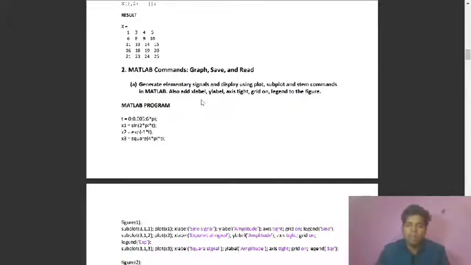We know there are many types of elementary signals like sine, cos, unit step, impulse, exponential, decaying exponential, and many more. You have to generate some elementary signals and display them using the plot, subplot, and stem commands. And also you have to use xlabel, ylabel, axis, grid on, and legend on the figure.